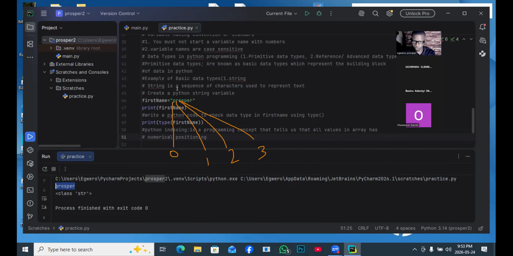That is why P is at 0. Before you count R, you have one item, which is P. That is why R is at 1. Before you count O, you will have counted 2 items, P and R. That is why it's at 2. Now, using this concept,